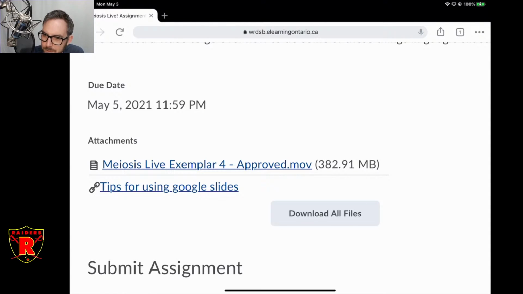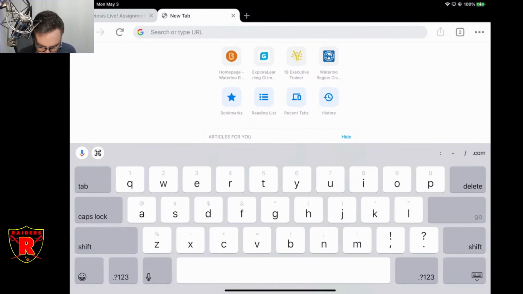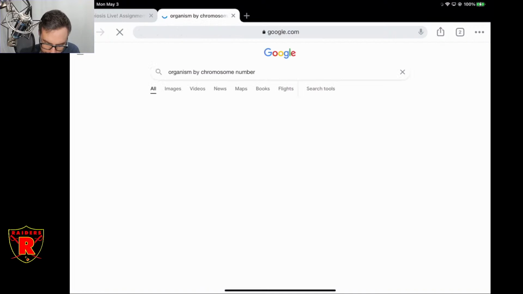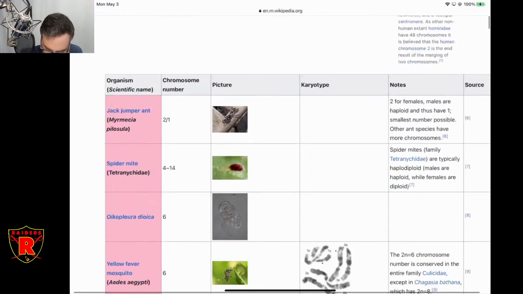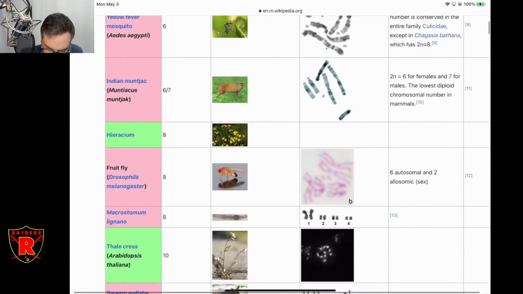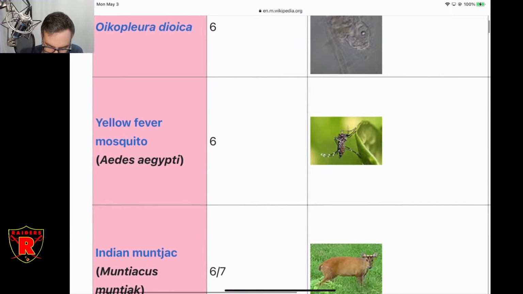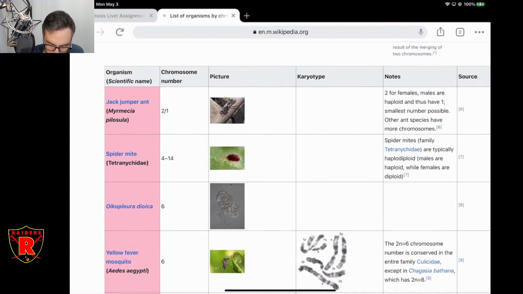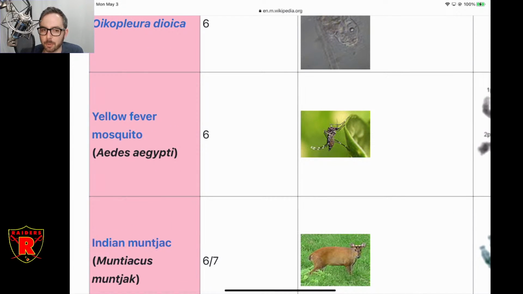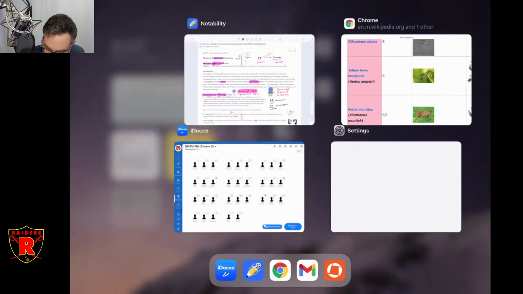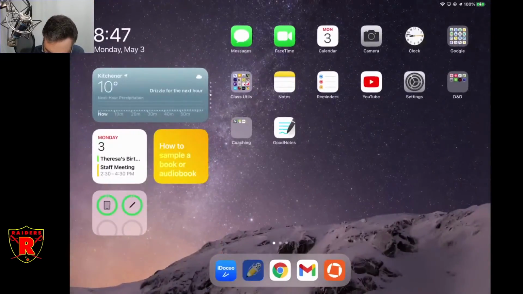Okay, so what I mean, Jaleel, is that, for example, if I look up the article right now, okay? Organism by chromosome number. Okay, there's a bunch of them. I'm going to use this Wikipedia article because it's an easy reference to use. The yellow fever mosquito has a 2N number of 6. Okay, that's its full chromosome number. So I could choose that as my species if I wanted, okay? Aedes aegypti. That means that when I actually do my visualization,